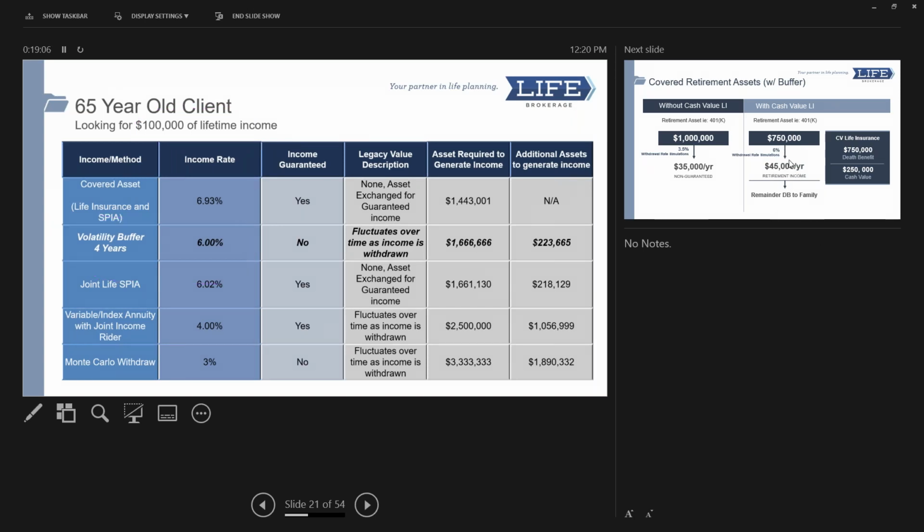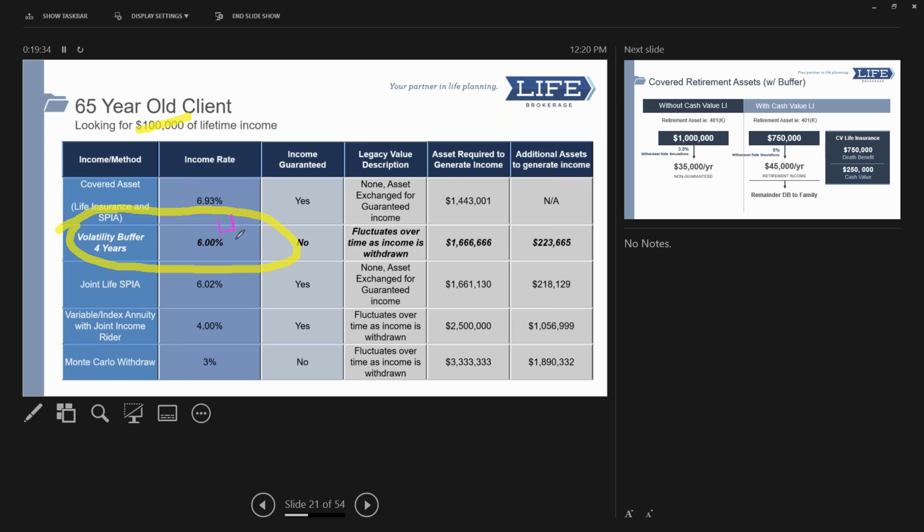So, here we go very quickly. If you have a buffer of 4 years, if $100,000 is your retirement income goal, if you have a buffer of $400K, 4 years, then you're permitted to distribute your equity assets at a 6% distribution rate. Follow that? So if you have $400,000 of cash value life insurance